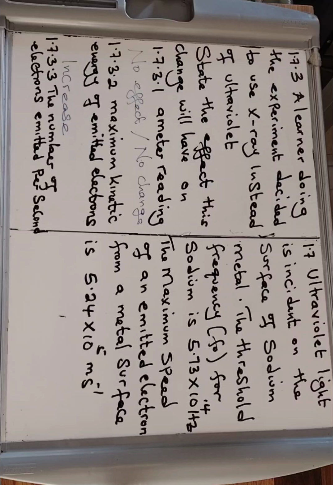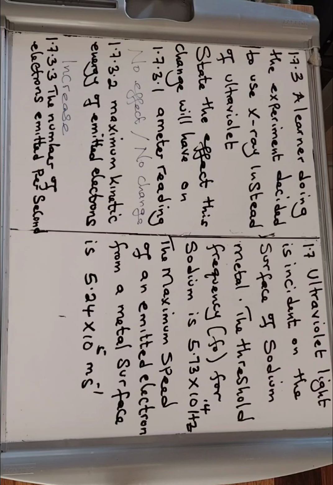And we found from the spectrum that X-ray has higher frequency. So the change we are demonstrating here is a change in frequency. So the question is, if you change frequency, what is the effect on the number of electrons emitted per second? Like I told you before,